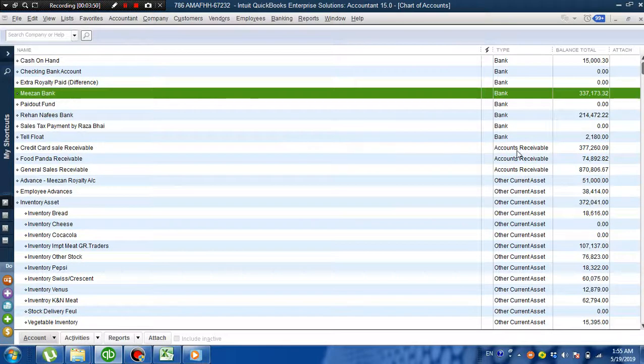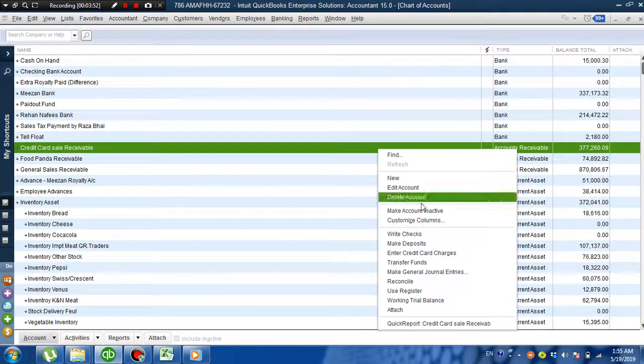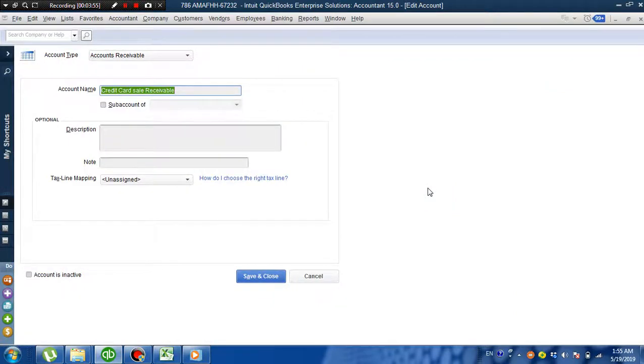So is the accounts receivable account, edit account. You can see this is an accounts receivable, a credit card receivable, and this is the way we make these chart of accounts. So we link these chart of accounts. One accounts receivable is already linked to the revenue account in QuickBooks by default.